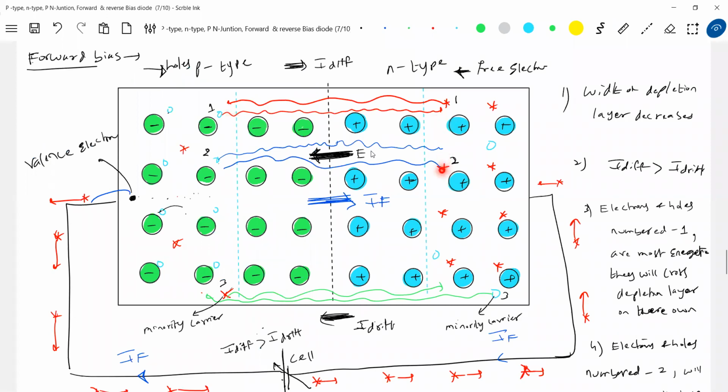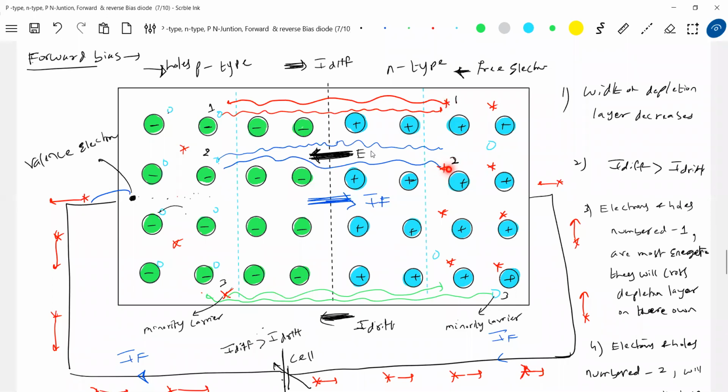What about 2? It was not having sufficient energy. It was supported by the cell only. Due to the cell only, it was able to cross. On its own, it's unable to cross because of the thermal agitation. Now, at the increased temperature, along with 1, the 2 also will get energy, no?